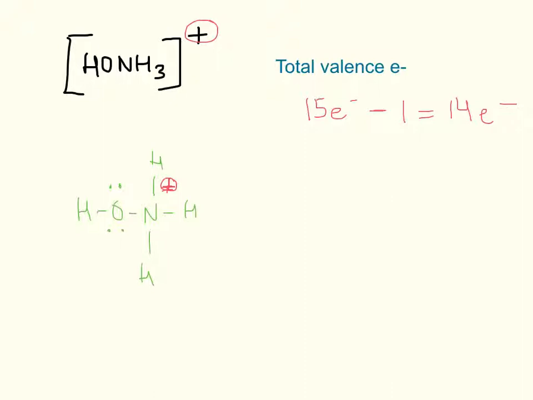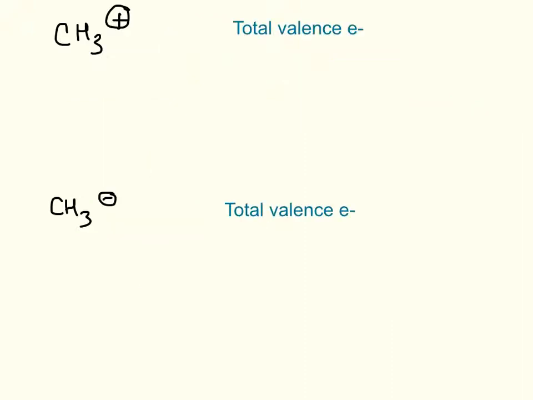Okay, let's go ahead and do, I think we have one more. Here you go. Here's the last two examples. We have a methyl cation and a methyl anion. So let's go ahead and do our total valence electrons for both of them. Total valence electrons for a methyl cation is, we have a 4 plus 3 hydrogen, which is 7. We have a net charge of positive, so I'm going to subtract an electron, which gives me 6 electrons for